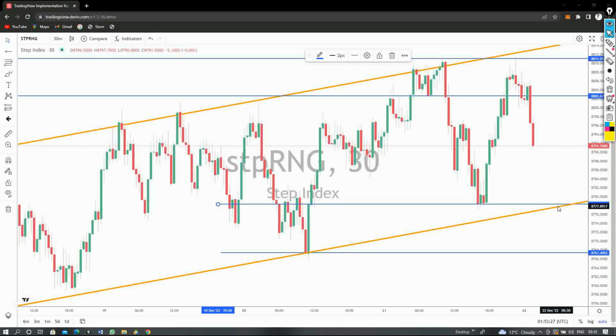For the best entries, this is what I do. I look at where support turns resistance. That's usually the best entry for you. I will show you with a simple example. This is our resistance level, and then this is our support. If you look at these levels, they are aligned. And if you had entered a sell here,